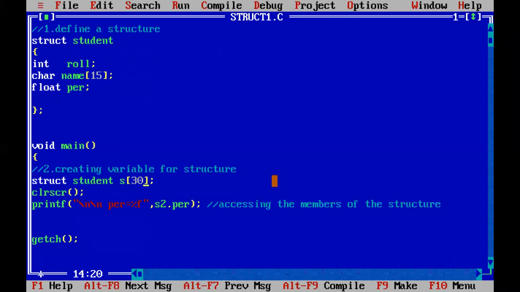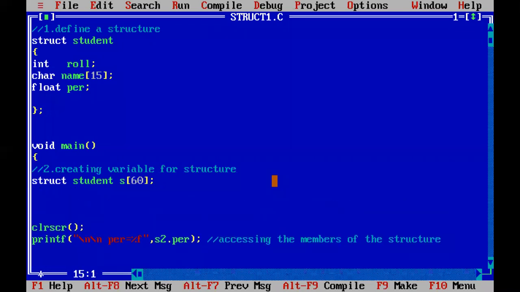So if I'm thinking about 30 students, I create a 30-student array. But in our class we have 60 students, so I'm going with 60 instead of writing S1, S2, S3, S4 up to S60. For example, when students are writing online examinations, thousands of people will be there. How can you store thousands of people's data? Can you create S1 to S1 lakh or 2 lakh students? That is not possible here. So we will go for the array concept only.